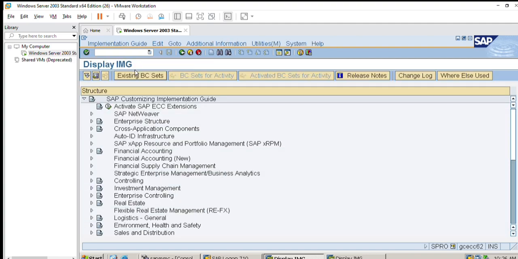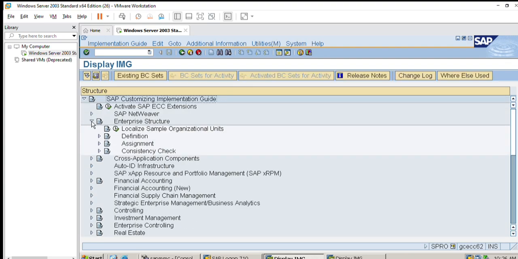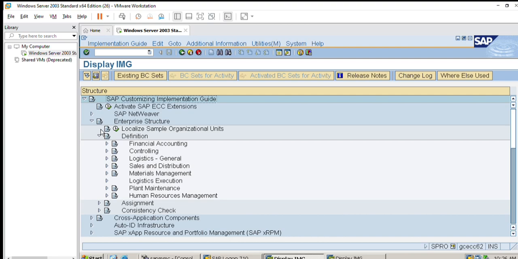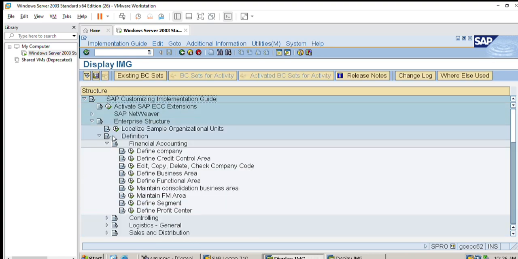Then we have to click on SAP Reference IMG. After clicking that, we have to enter the enterprise structure here. In the enterprise structure, we have to click on the definition. In definition, we have to click on financial accounting. In this,